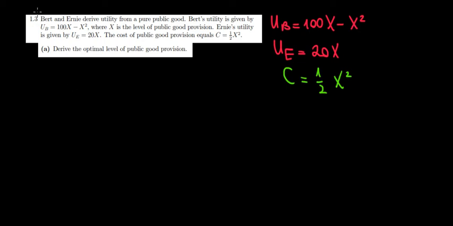Let's have a look at question 1.3. We have Bert and Ernie that get utility from a pure public good. Bert's utility is the following function, 100x minus x squared, and Ernie's utility is 20x. The cost of the public good is 1 over 2 x squared. We have to derive the optimal level of public good provision,